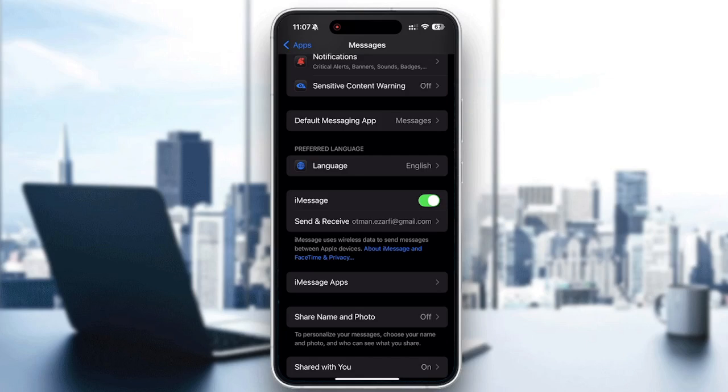Okay, so choose how you can be reached, like tap send and receive. Select your phone number, your Apple ID, email, and choose what people can use to reach you via iMessage. If you use dual SIM, go to